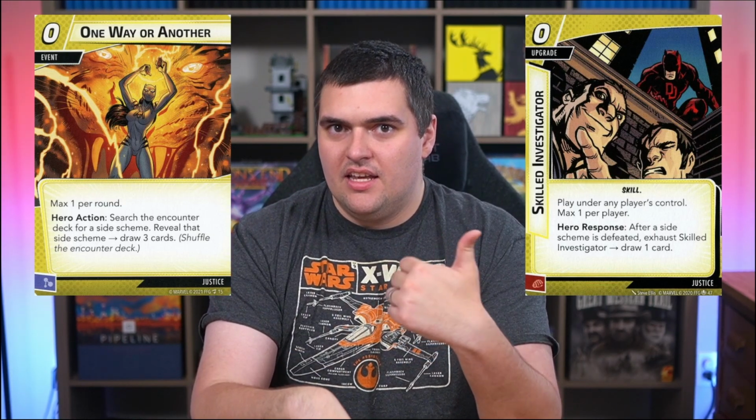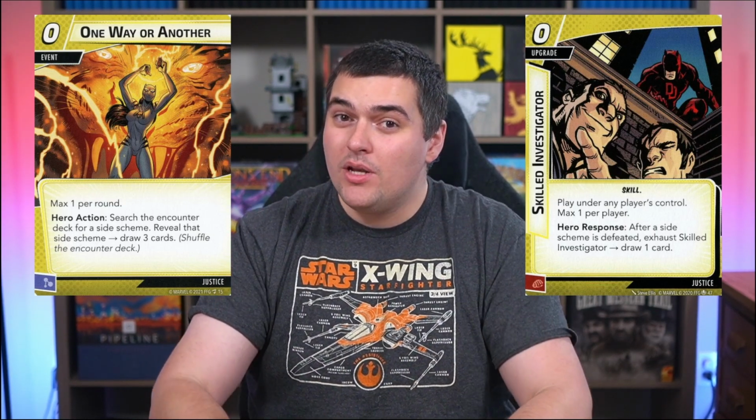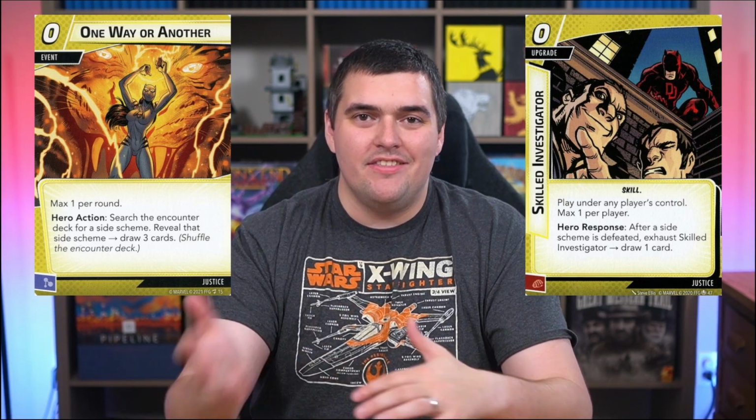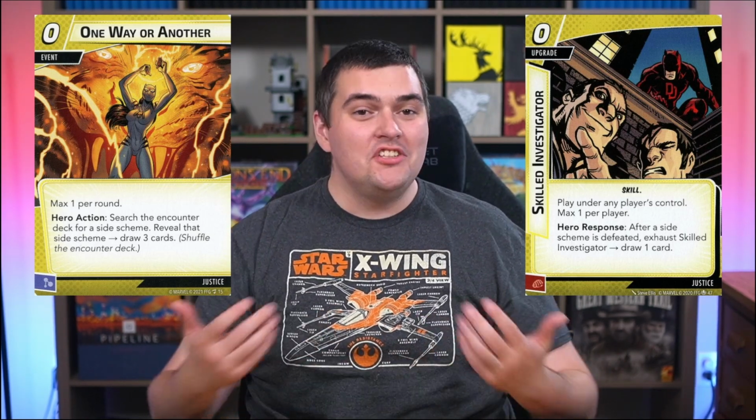So Justice, the yellow aspect, has an excellent card draw engine one way or another. So you go find a side scheme, draw 3 cards, and then if you have a skilled investigator on the table, once you defeat that side scheme, which is going to be pretty easy with her upgrades and everything that she has going for her, you get to draw an extra card. So right there, you're already looking at doubling your hand size,